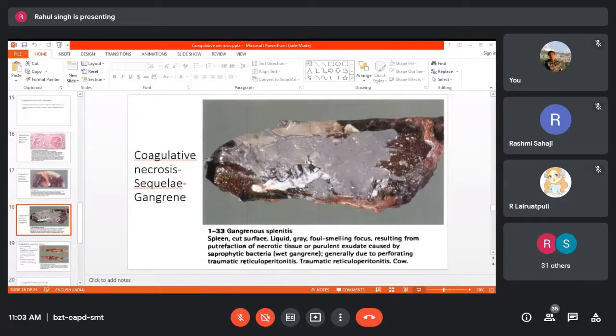Now this is spleen, and it has undergone moist gangrene. In those species where the spleen is elongated, it has a tendency of twisting on itself, or when it is very much enlarged in some diseases, it may develop folds and twist, and consequently there is extensive ischemic necrosis. You see that this is the inflamed part of the spleen, and this is the gangrenous part, dirty grayish color. All right.